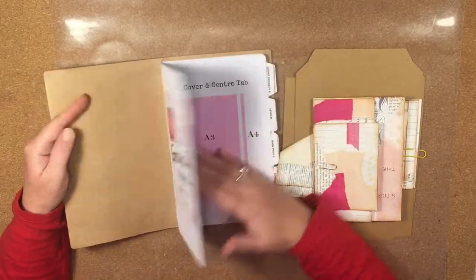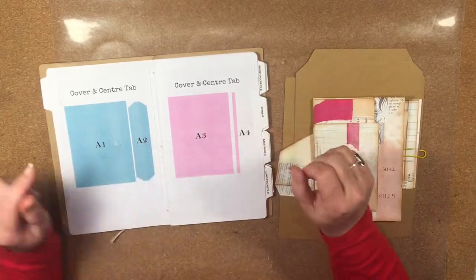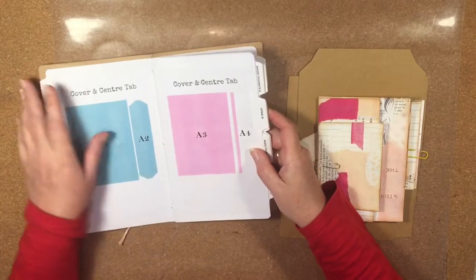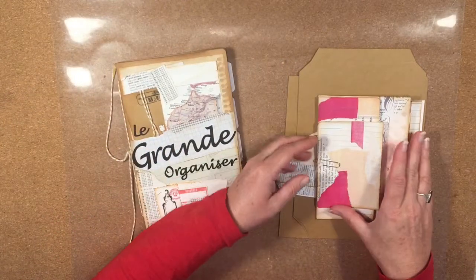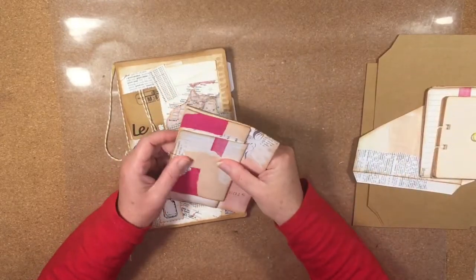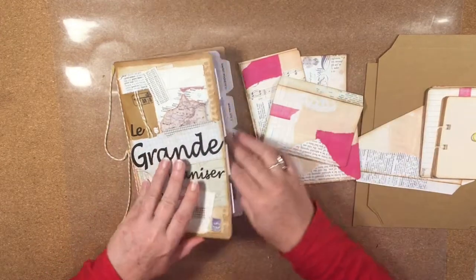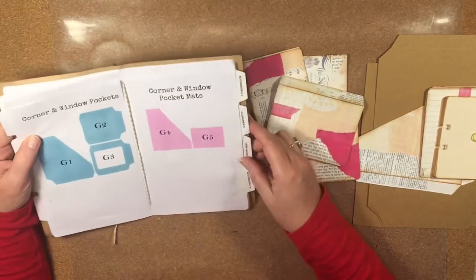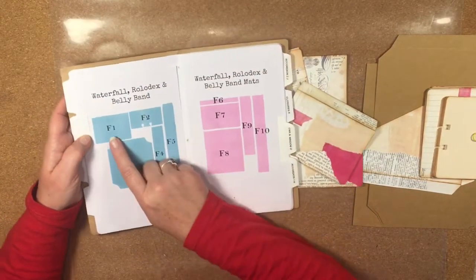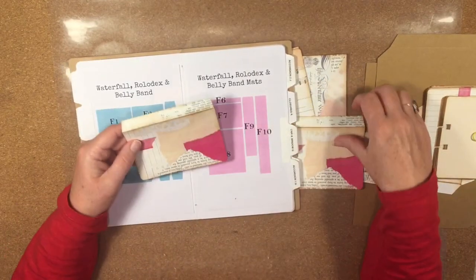In the meantime though, I can show you what pieces I've cut out using my little booklet here, which has screenshots. And the blue pieces are the elements themselves and the pink pieces are the mats. So let's start with this little guy. I've cut out some pieces already. Let me try and remember what I've cut out. I have two of the waterfalls. That might be back here. Here we go. This F1 piece, I've cut two of those out, and I've cut them out of